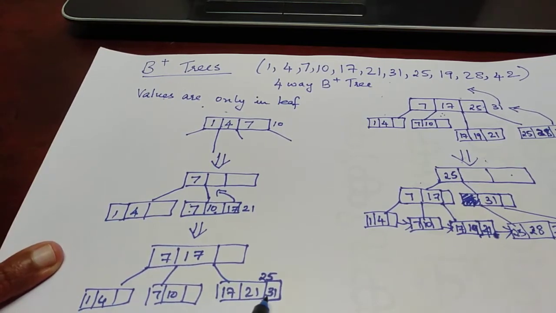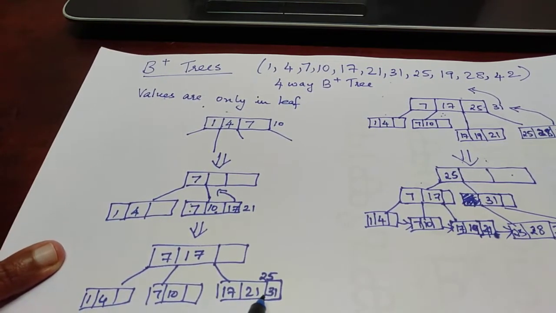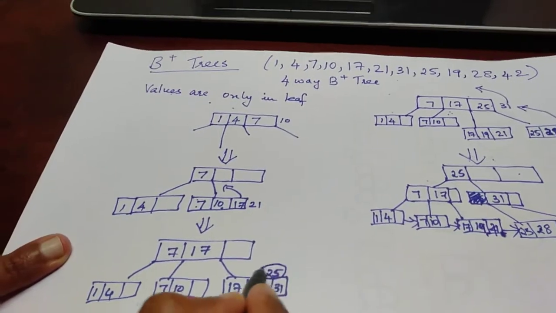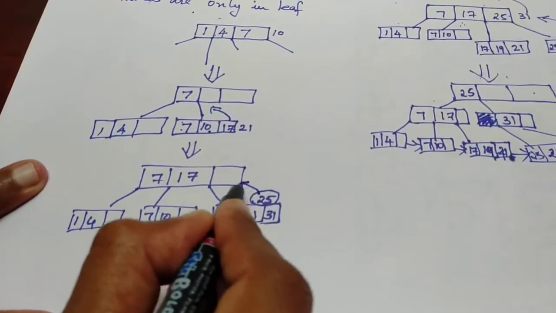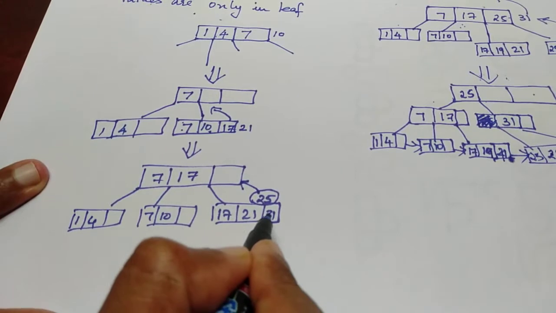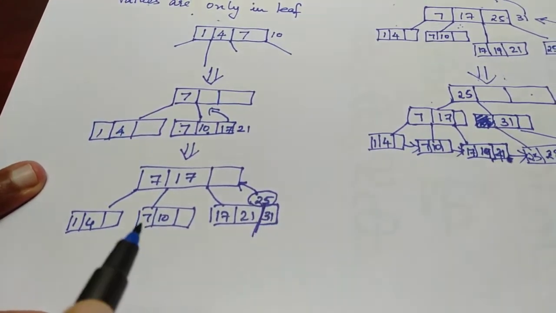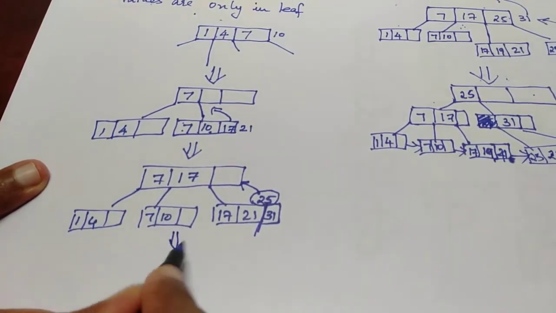Okay, and since I am using the right bias, I am going to push this element on top, and this will split at this particular point. It will get split at this particular point. So now I will have